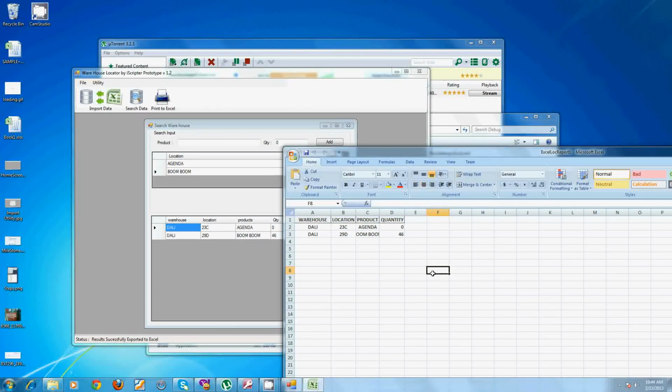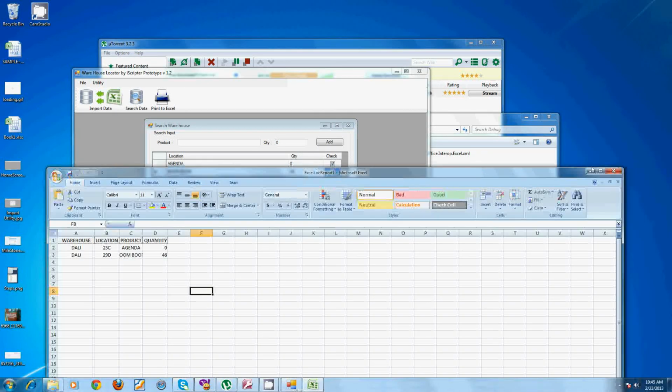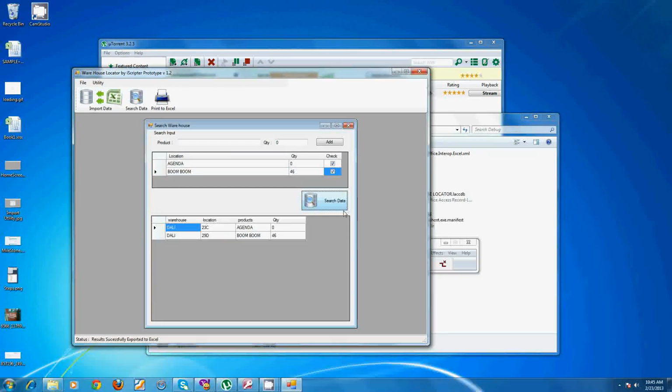Thank you. So here is the demonstration that I have made for you. I have several searching options for you that will help you to search better. But you have to first check all this to see whether it is working properly or not. Thank you.